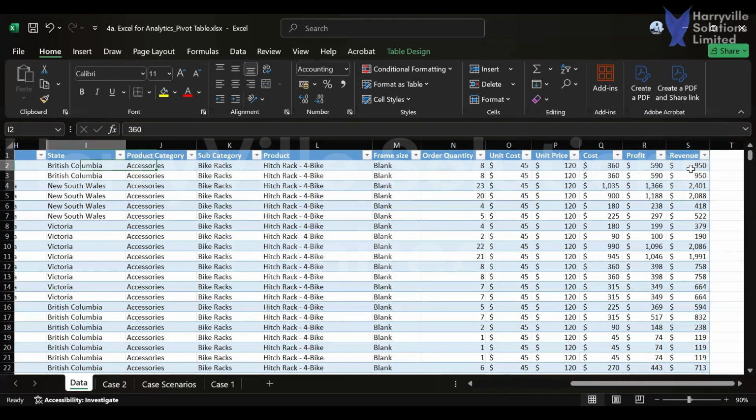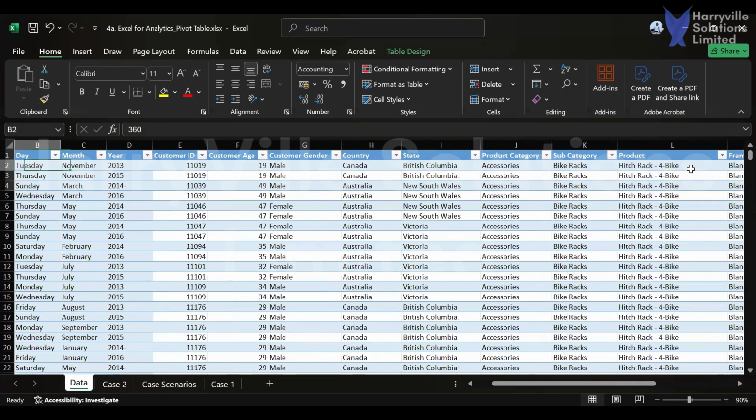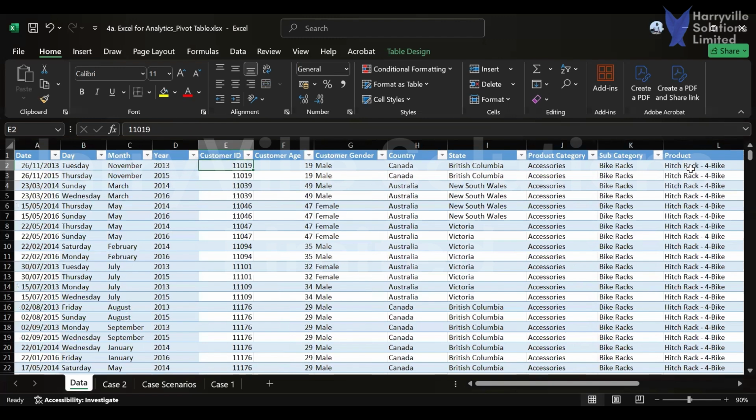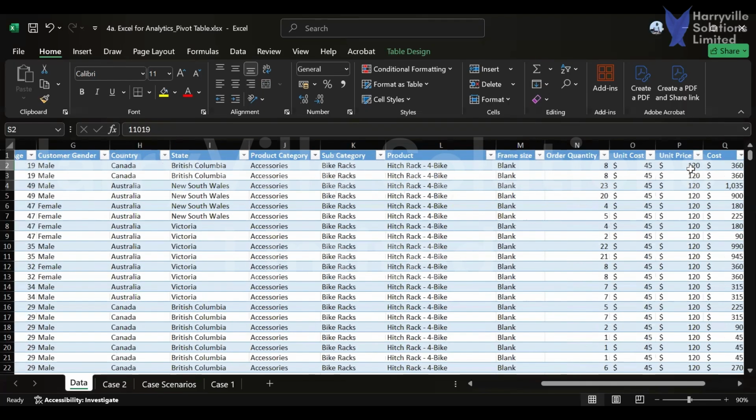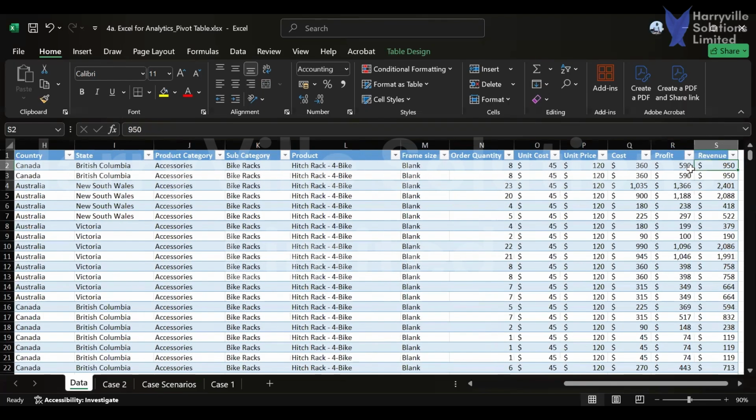Also, you will see that the only thing relating to customer that we have on our data set is just the customer ID. We don't have the customer name. It is the customer ID that is standing in place of the customer's name for us on this data set, which means we are going to be using our customer ID. And then